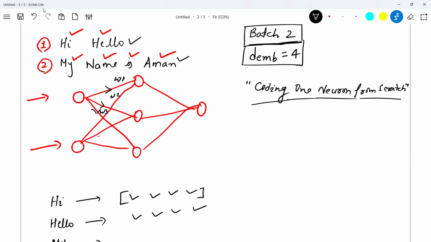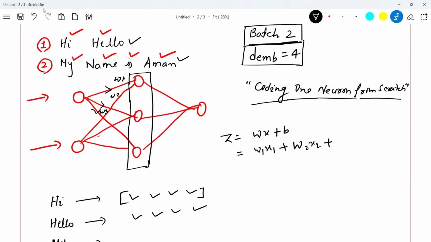The reason I'm telling you to learn about this concept is what gets normalized. This is basically one layer. This is called one layer when we say layer normalization. Here Z is basically Wx plus B. The meaning of Wx is W1x1 plus W2x2 plus W3x3 plus B. This is the item which we call Z, and this Z gets normalized, not the original x1, x2, x3,